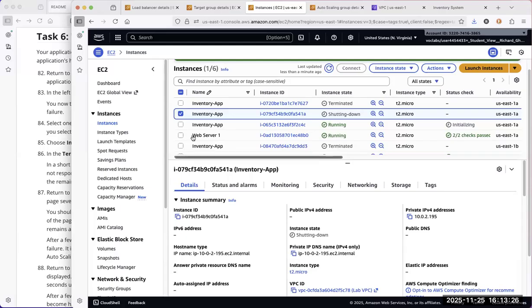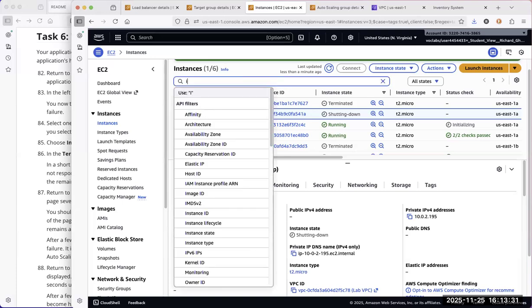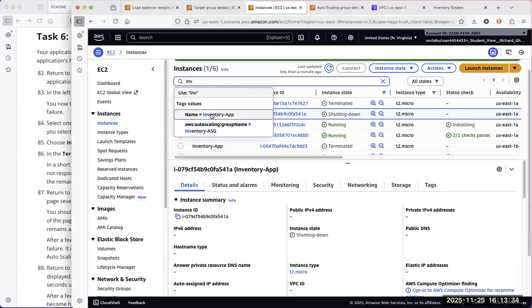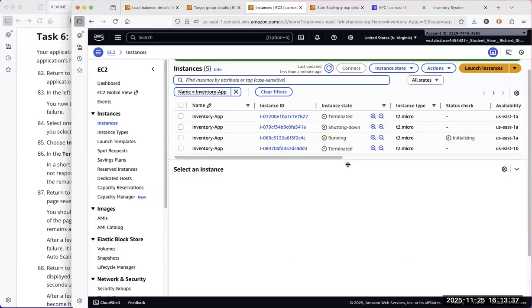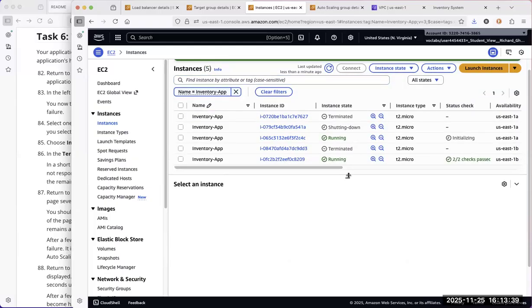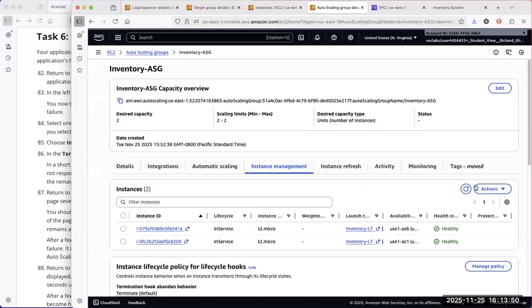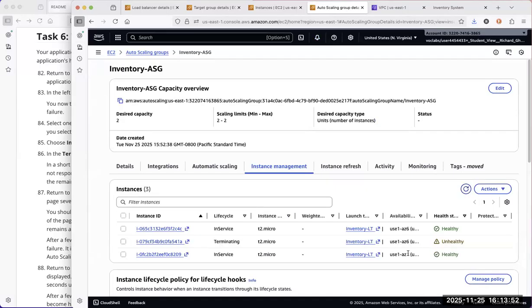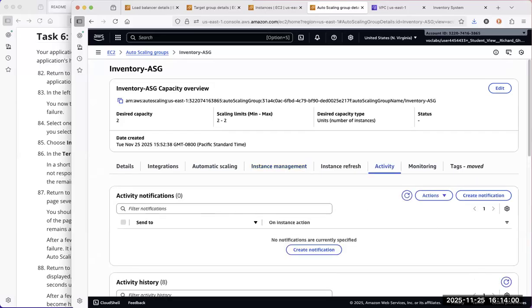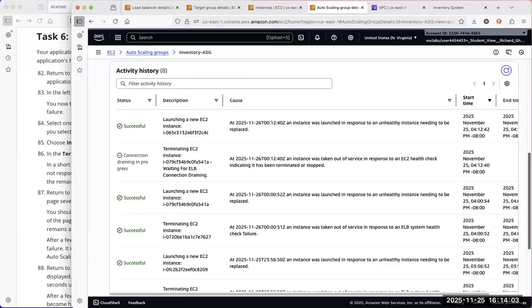So if we take a look here, we only have one inventory app server. In fact, let's do this. Let's filter for just that, so we're not looking at the other one. Okay, so we're only seeing that, right? So looks like it's initializing a new server. So let's go to the auto scale group. We'll refresh this and we'll see that one was marked as unhealthy. 2 are in service. And if I take a look at my activity here, I should see all kinds of